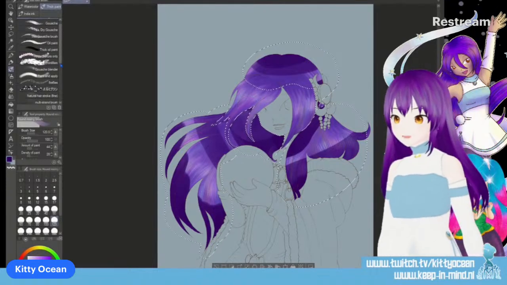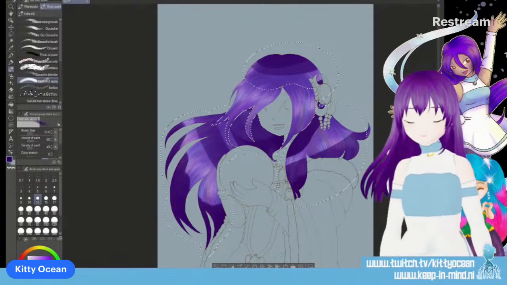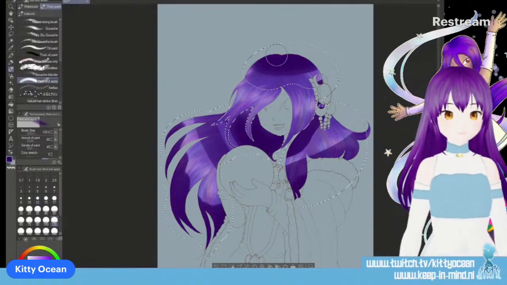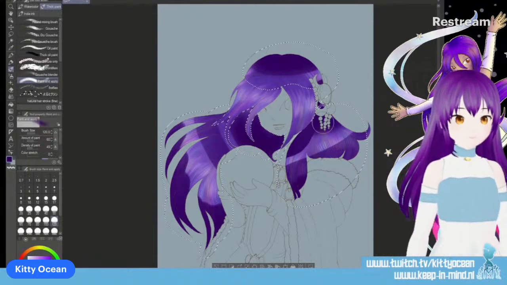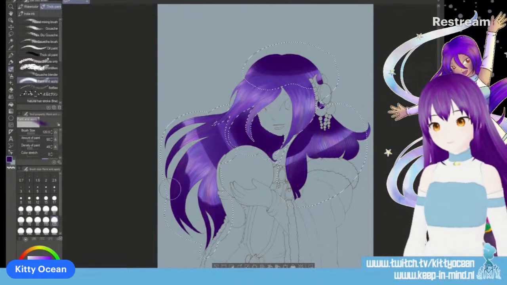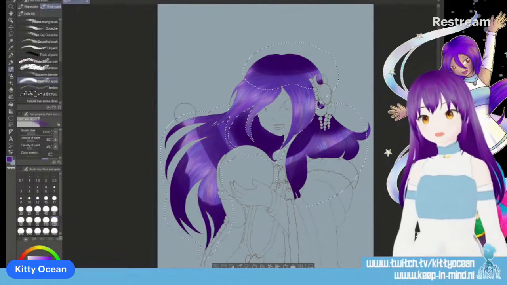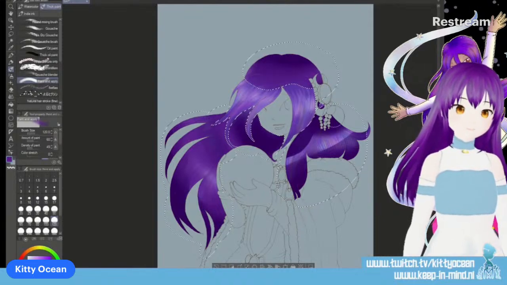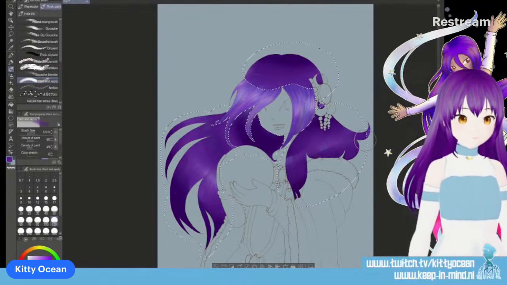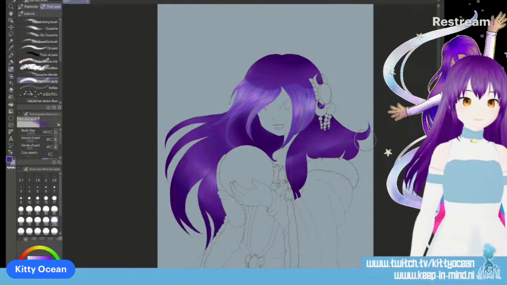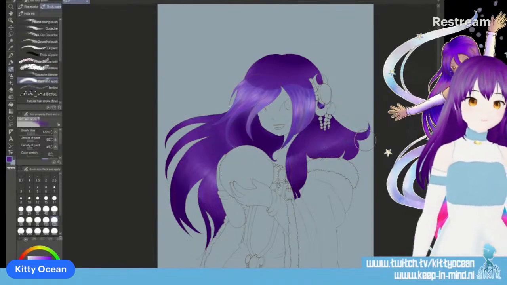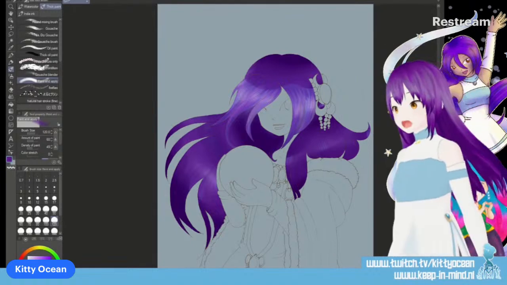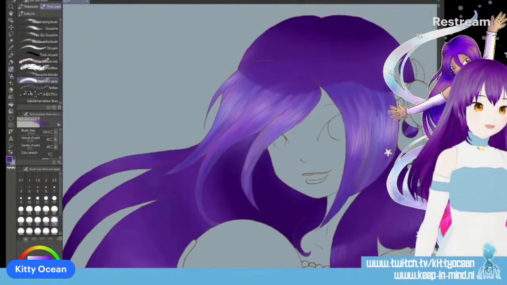I don't really need the mixing brush, by the way. I just need the normal brush. And slightly some other darkness. Don't worry, I know this is way too much. Six more minutes.